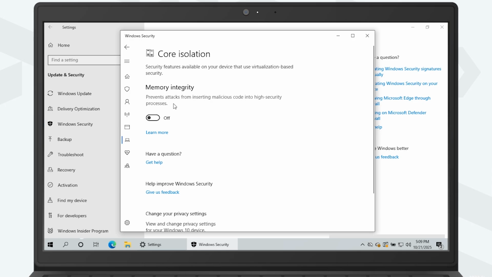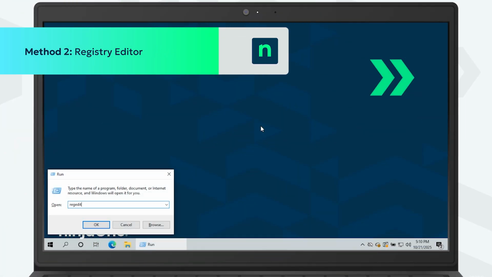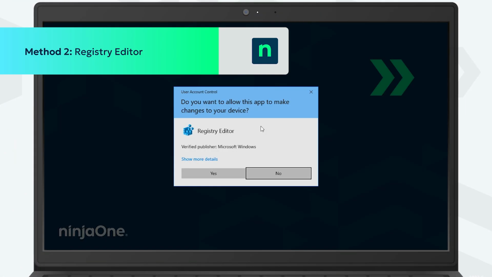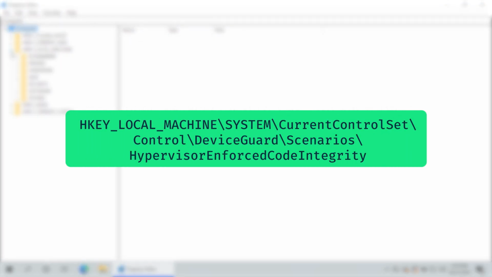If the toggle is grayed out, try using the Registry Editor. Open Registry Editor. Press Win plus R. Type regedit and click OK. Click Yes on the User Account Control UAC prompt. Navigate to the Registry key. Go to